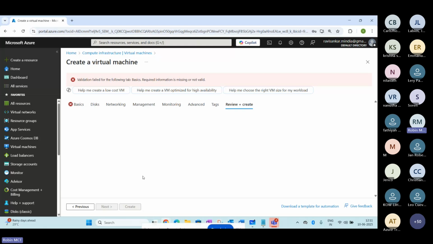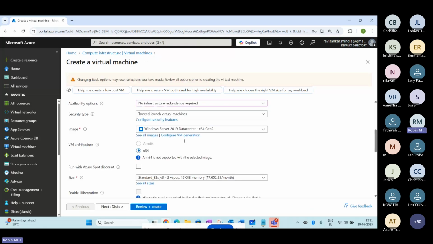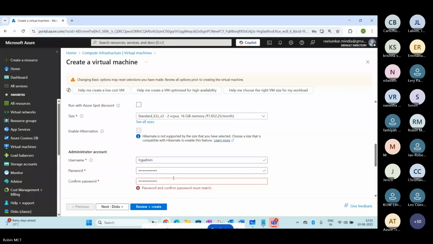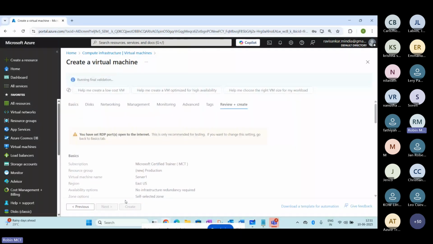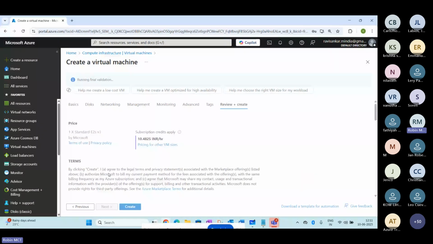Right now this validation got some error. Let's create this one. Just enter the password here. Got some error message here. Review and create. So right now we are trying to create a VM and we have also created a prod VNet. Let's wait for this to complete.